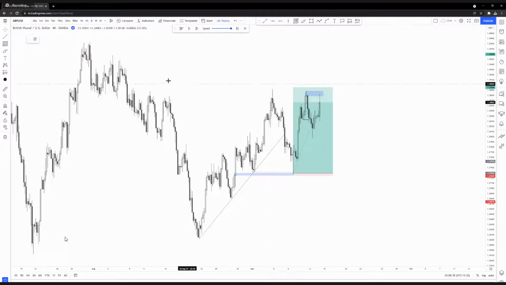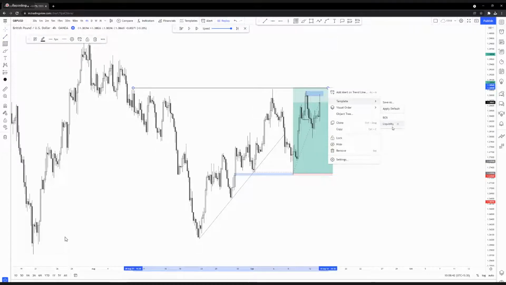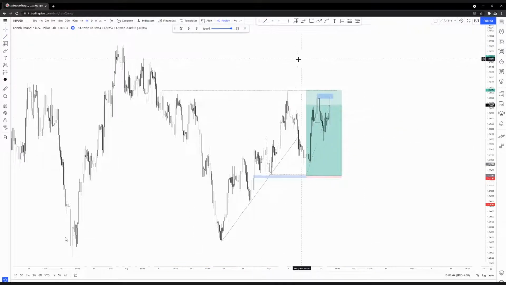But then again, you have to always look into the liquidity. See this? A lot of liquidity is getting built up. So then again, I told you, right? If liquidity is getting built up, what are we going to do? Look for a point of interest above that because that's going to be high probable, right? Entry above the liquidity.